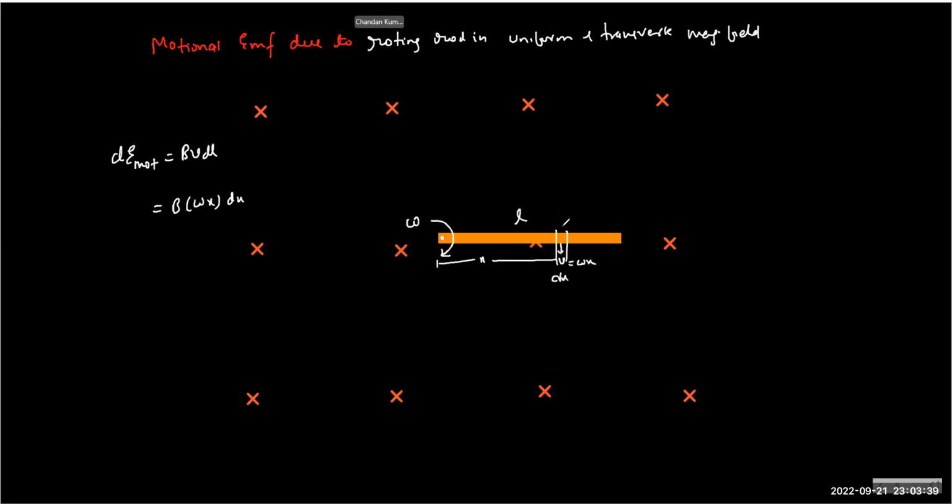And for this entire dx length, we know that velocity is going to be the same. Okay, in this calculation, we ignored something. So the next two questions that we're going to solve are from